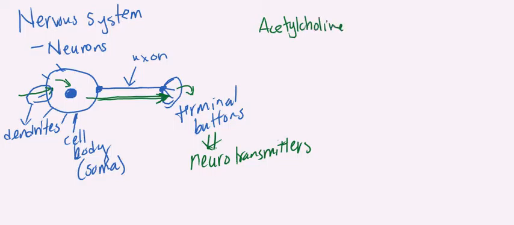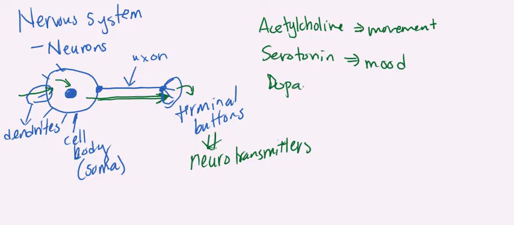Hopefully I can spell it. Yep, that looks right. Acetylcholine, which affects movement. So you might see it land on some muscle. You see serotonin, which affects mood. We see dopamine, which